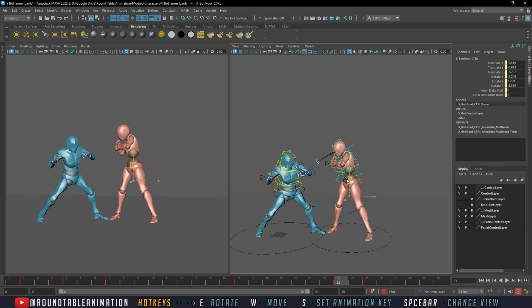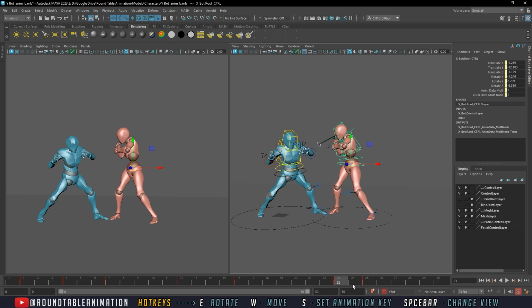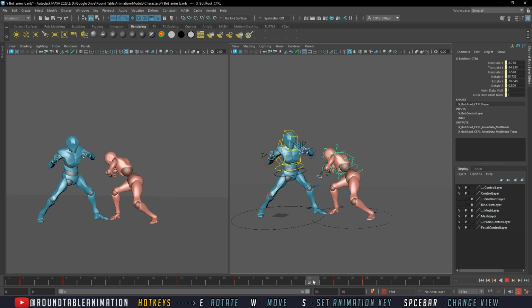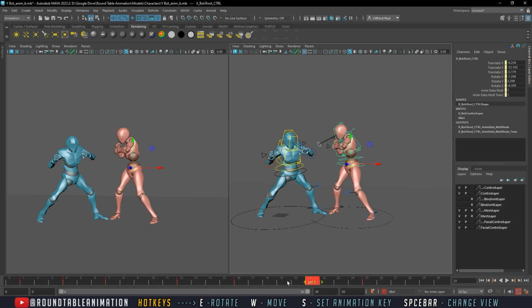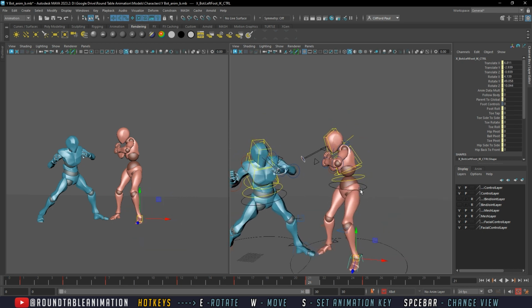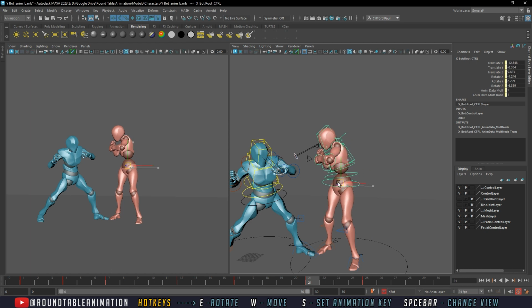So we're gonna bring this torso up a little bit. And I believe move his foot forward, because that's how we're gonna restart repositioning